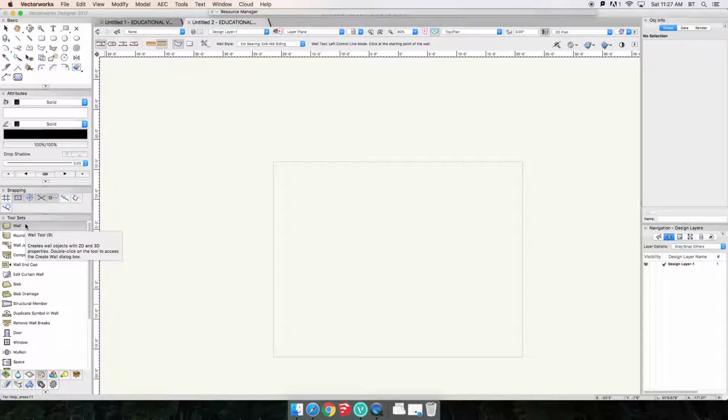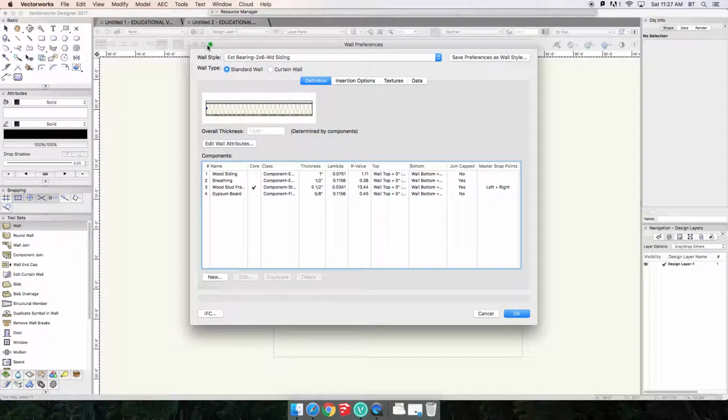Okay, so we've drawn in a clockwise direction using our polygon mode. We've seen what happens when we draw in a counterclockwise direction, and we've also used the rectangle mode. Now what I'm going to do is, it's not quite the right core component that we want. So I'm going to go into my little wall tool preferences, the little wrench and pencil. And what happens is it brings up this wall preferences dialog box,